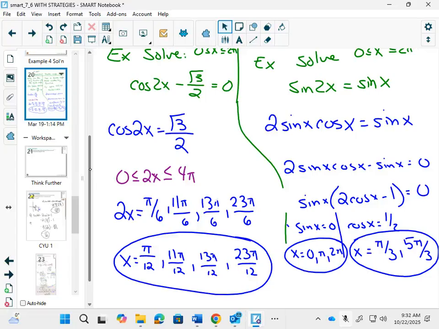So if you have a 2x in a solve question, it might be multi-revolution, it might be a double angle identity. And this is our way of determining which is which. Okay, we're going to leave